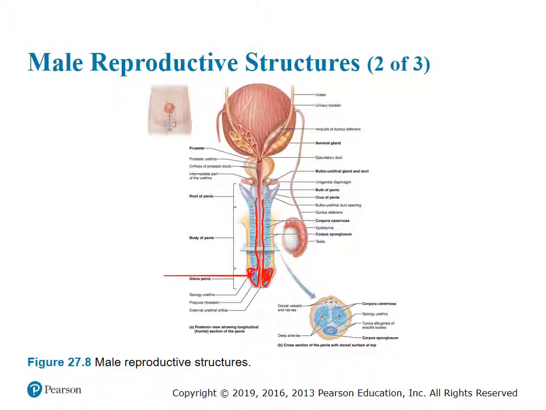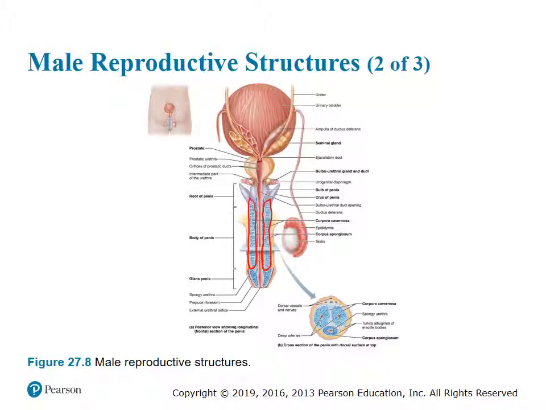So all this tissue here that I just drew in red here would be considered all corpus spongiosum, okay? Immediately surrounding those areas on either side of the penis are 2 cylindrical bodies we call then